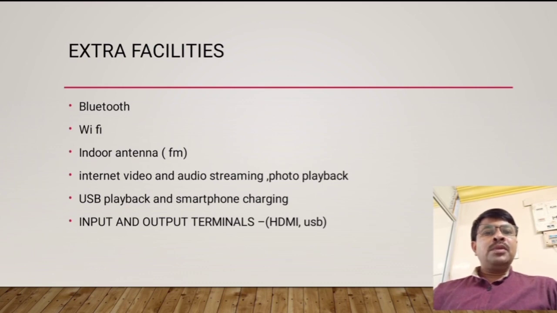For input and output terminals there will be the HDMI port, and a USB port that can be used for smartphone charging. There is a Wi-Fi unit, and there must be an indoor antenna. The smart television contains internet facilities so video and audio can be streamed, and live playback can be watched in the home. Such facilities are available in today's home theater systems.